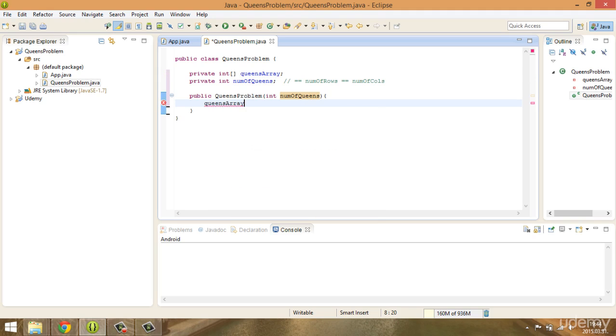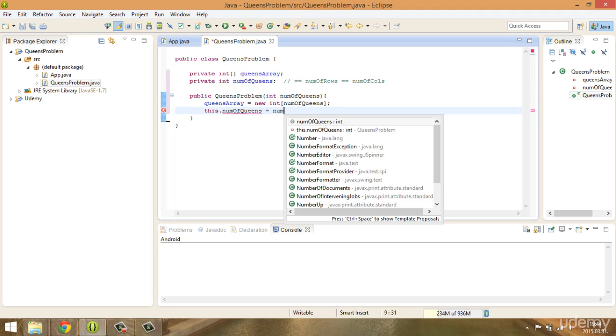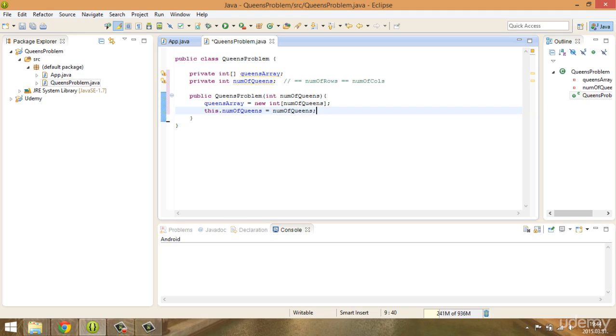So the queens array is equal to a new integer array with number of queens, and number of queens is equal to the number of queens. Okay, so we will have a public method, public void solve Queen's problem,